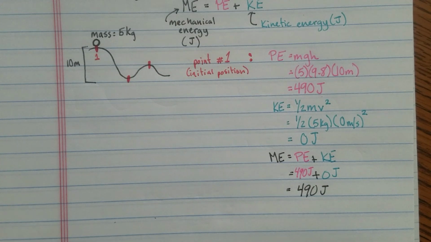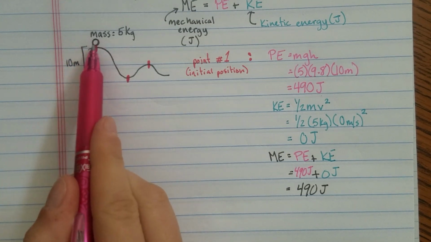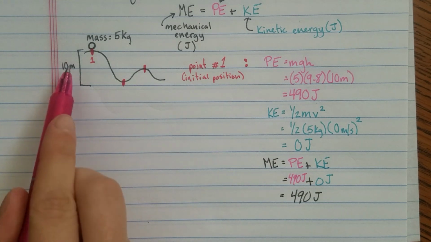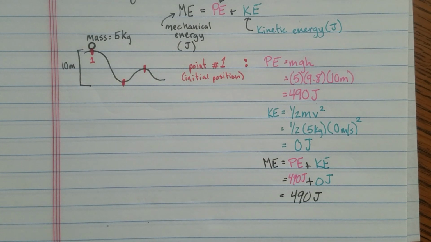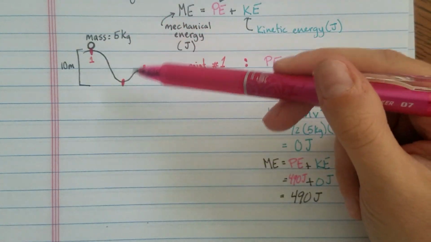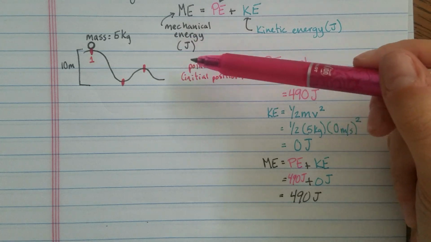So that means our energy cannot be created or destroyed. That means however much energy I start with, I'm going to retain that amount of energy the entire roller coaster ride. That energy will convert between potential and kinetic as we go, but the total amount, that total mechanical energy,